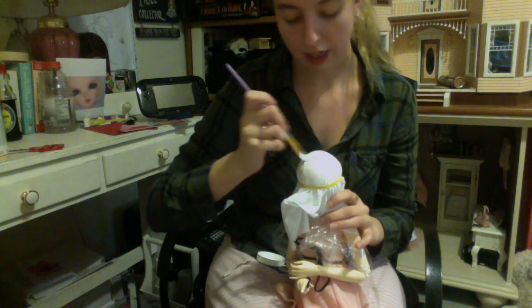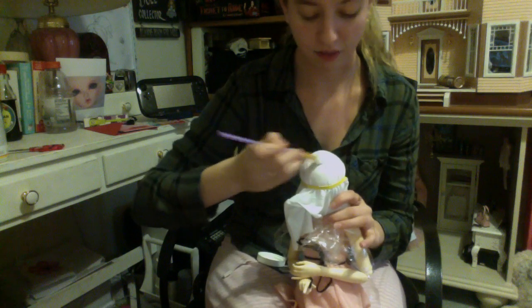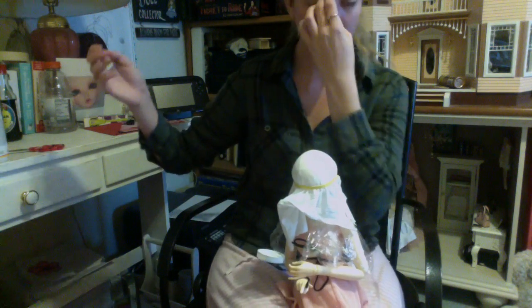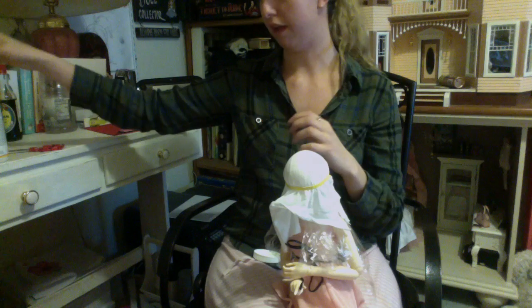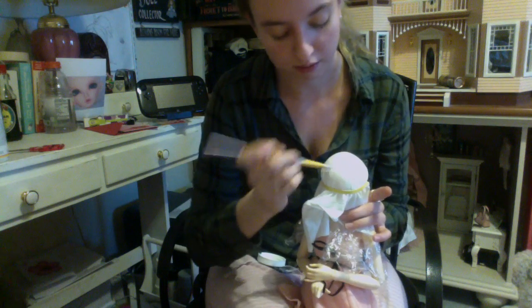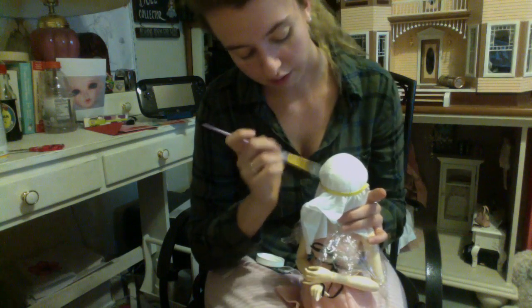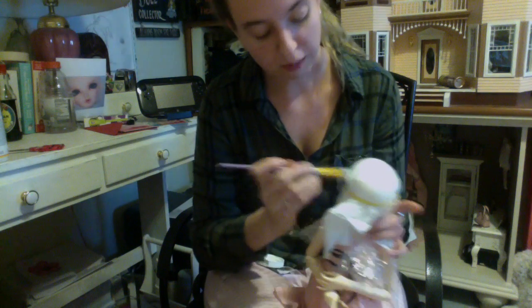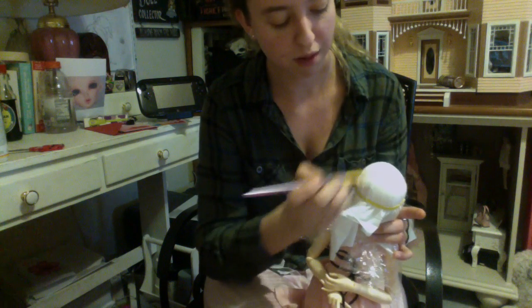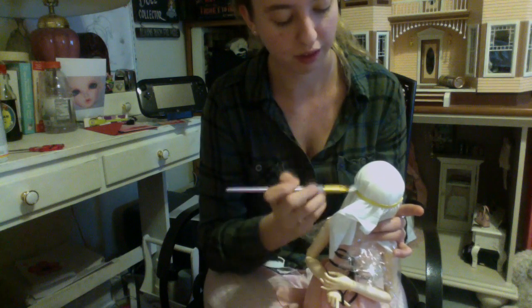After you do one layer, I recommend doing 2, sometimes even 3 layers. You want this to be fairly thick. It will still be fabricy when you take it off of the head when you're done. So I recommend, you don't have to take my recommendations, this is just from my own experience, that you give it a couple layers, especially if you've got some folds, because if you've got some creases and stuff, you want to make sure that those have a lot of glue in them so they don't give out